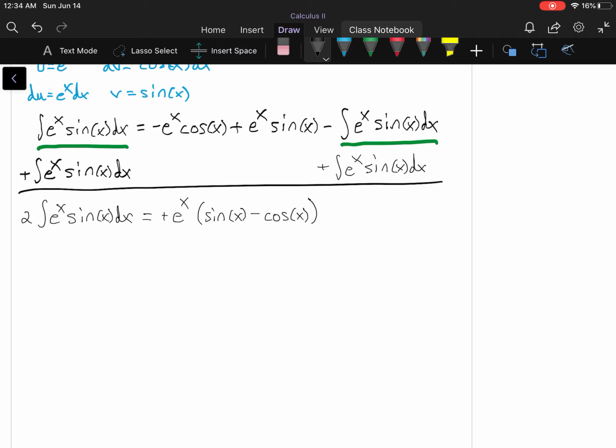Now that integral is what we want to find, so I'm going to solve for that by dividing by 2. And that gives us the integral of e to the x sine of x dx is